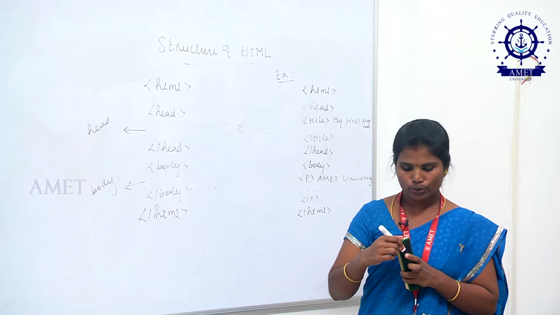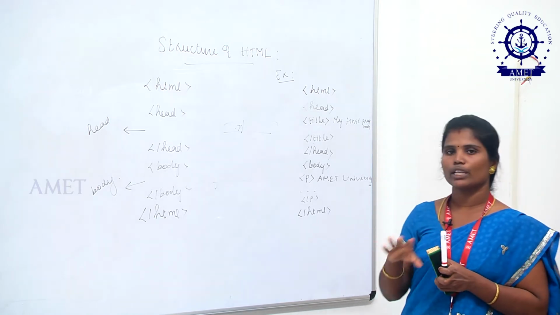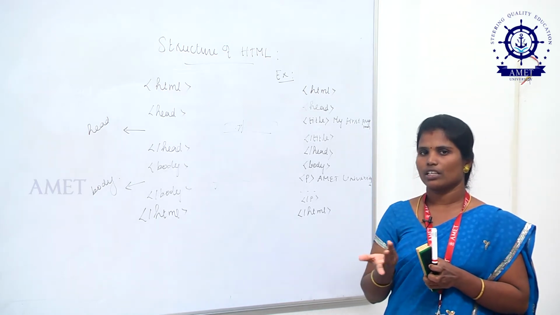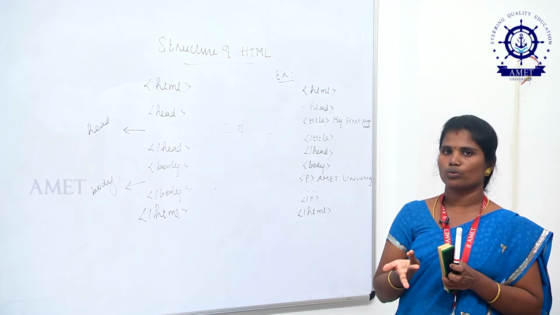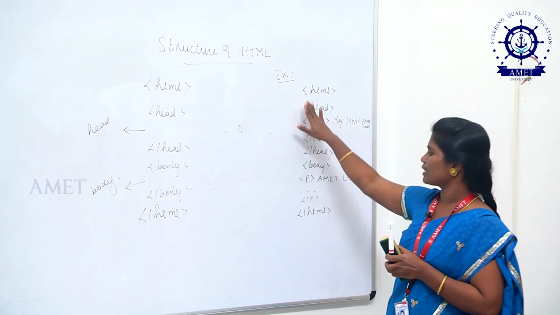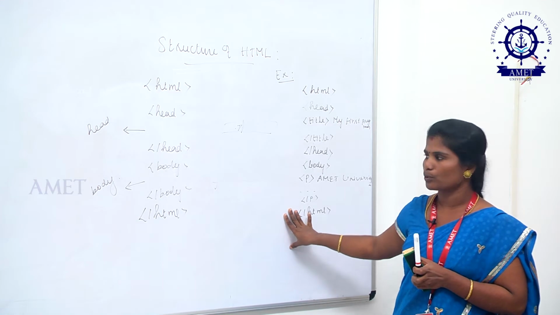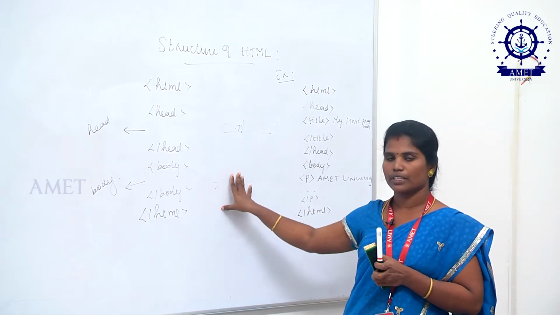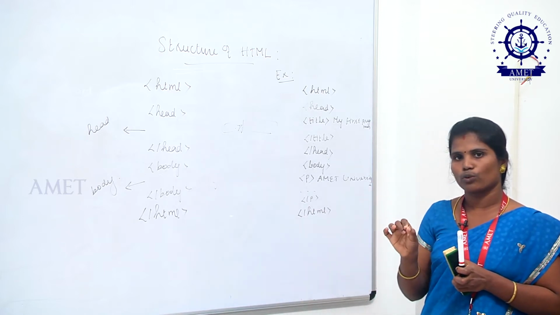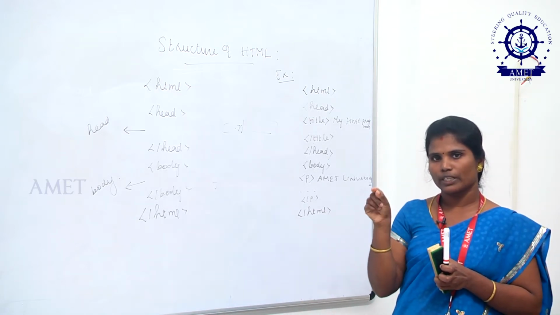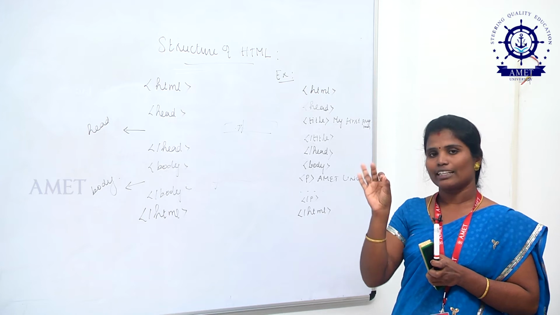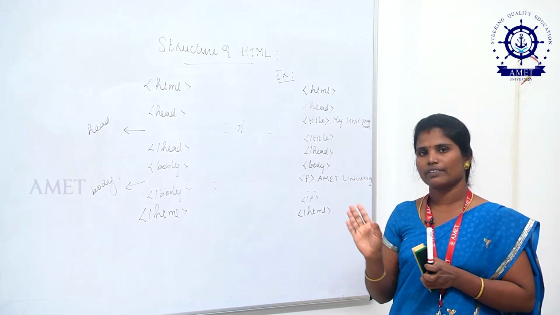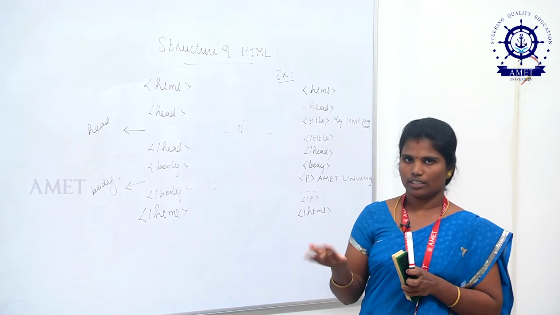So what you have to do? You have to create this program in any one of the text editors. You can use Notepad also. So open Notepad and just type this program. After typing this program, I asked you to save your program with the extension .html. Then just double click the file, or right click on the file and open with any one of the web browsers, and you can display your web page.